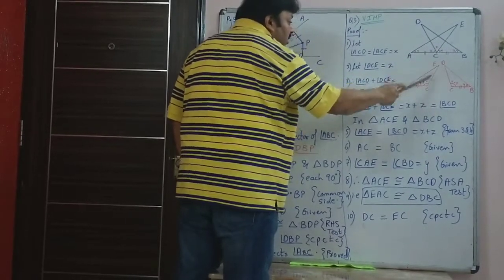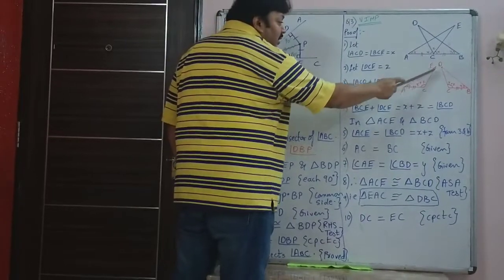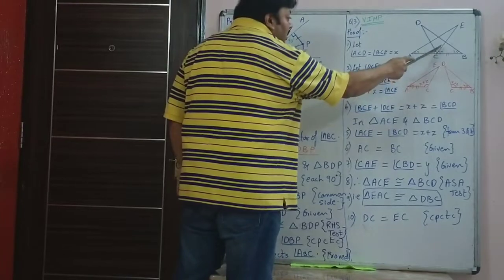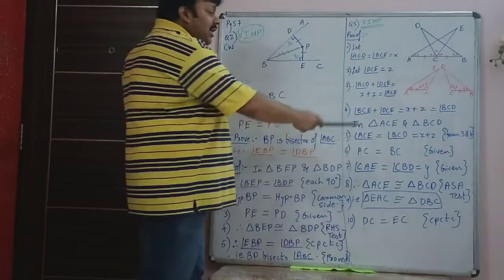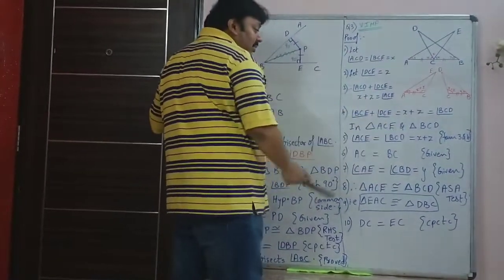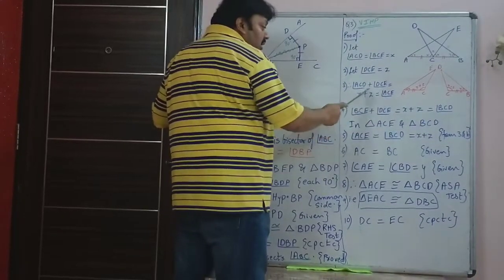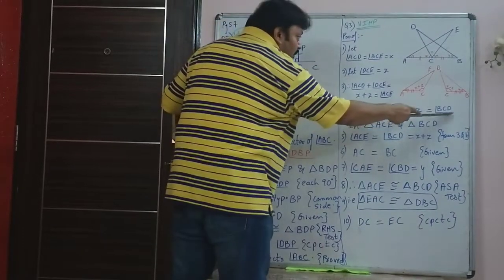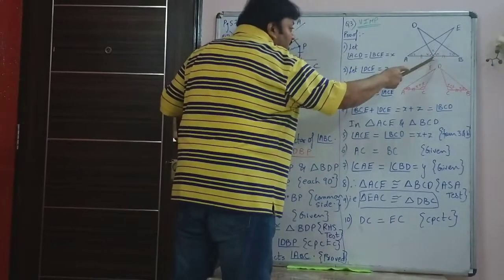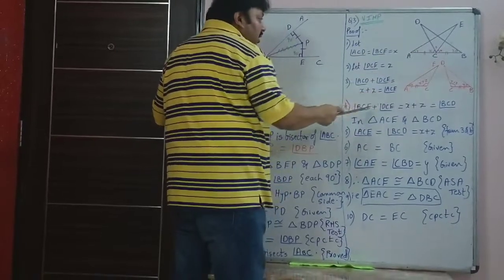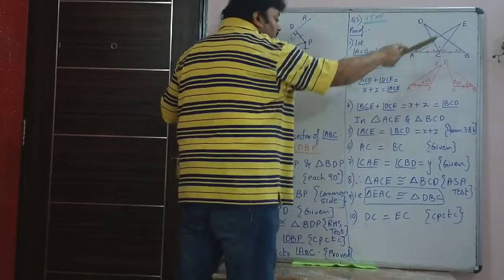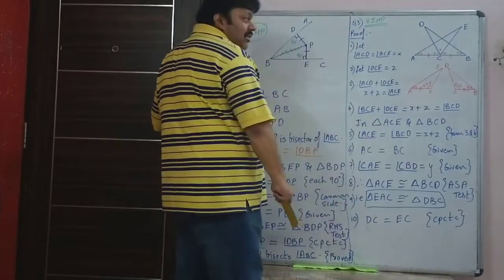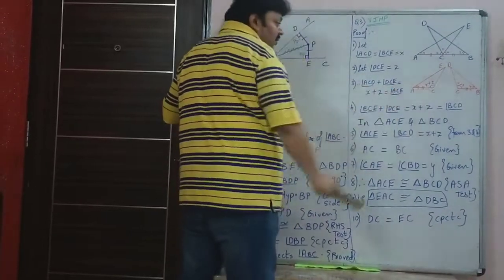So in these two triangles, first thing you have ACE is equal to BCD. Both are X plus Z. That is what is mentioned here as the first step: in 3 you have written ACE is X plus Z, in 4 you have written that BCD is also X plus Z. It is actually BCE plus DCE, X plus Z. So those two angles are exactly equal, which is seen in the figure.